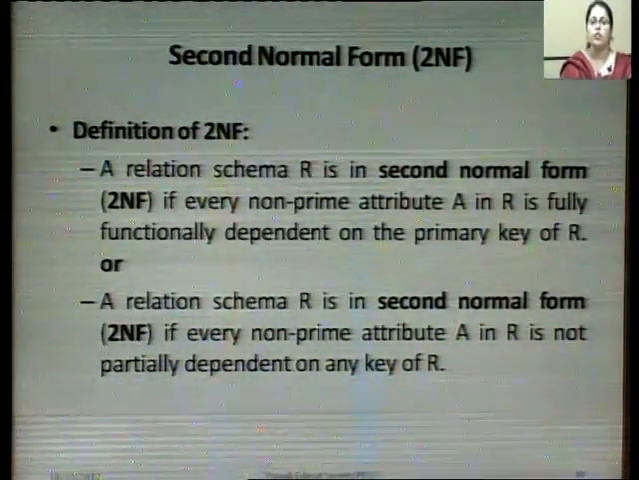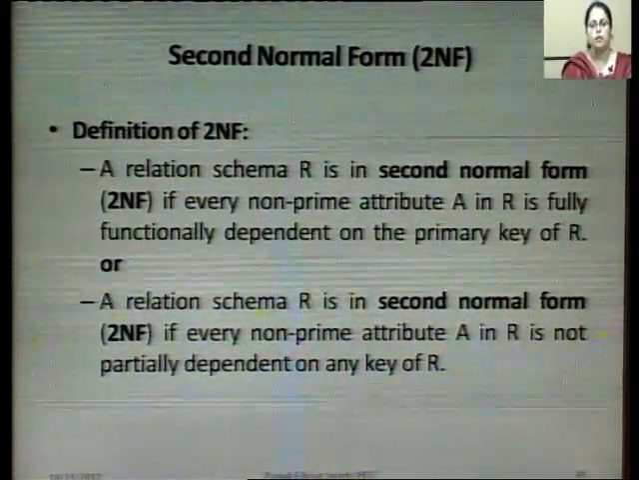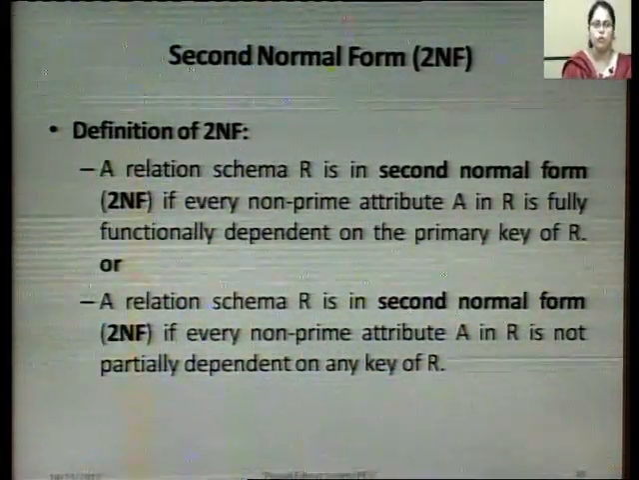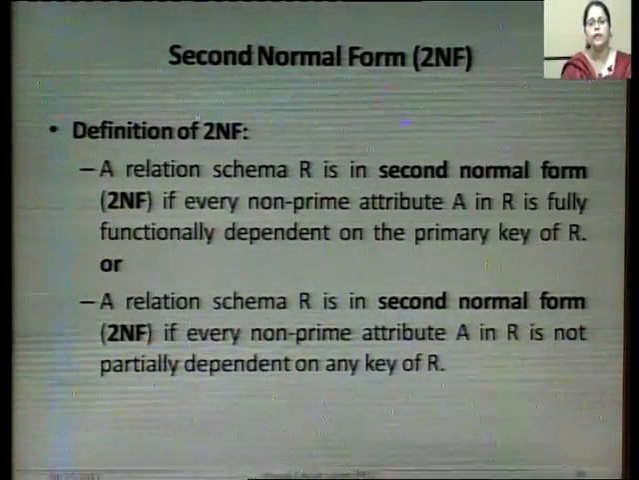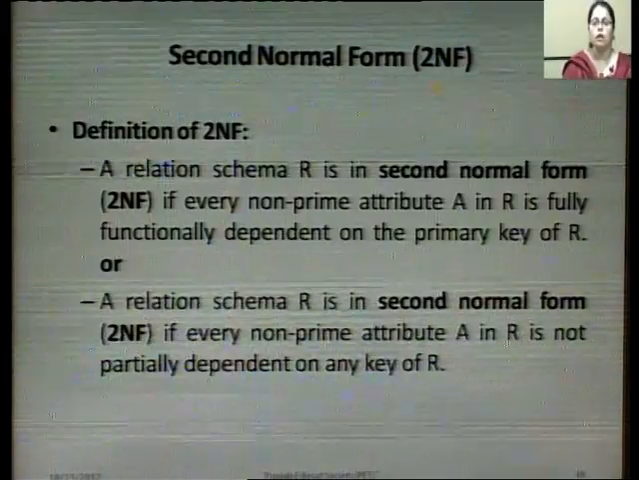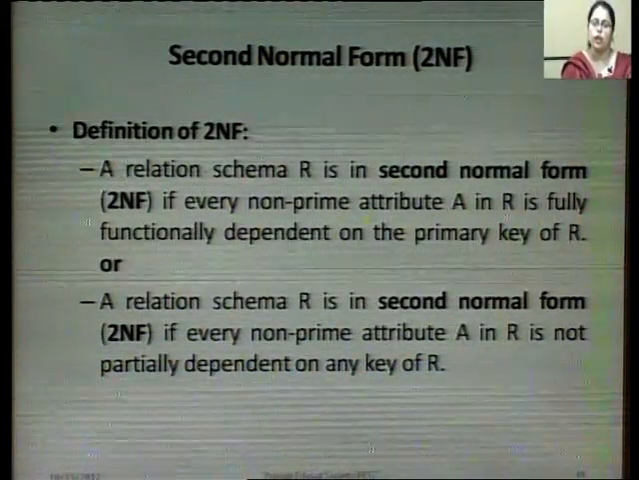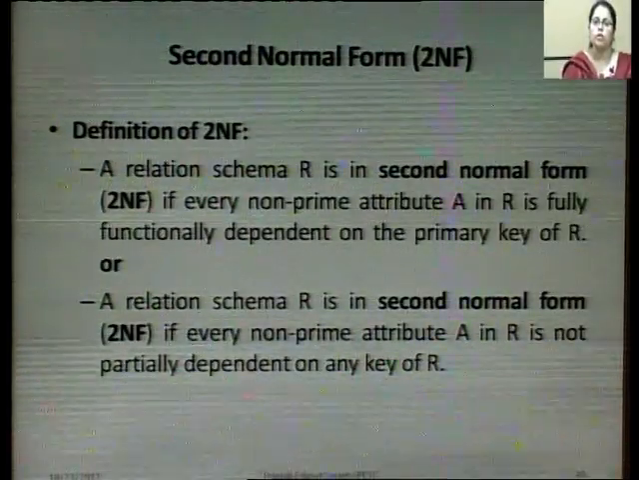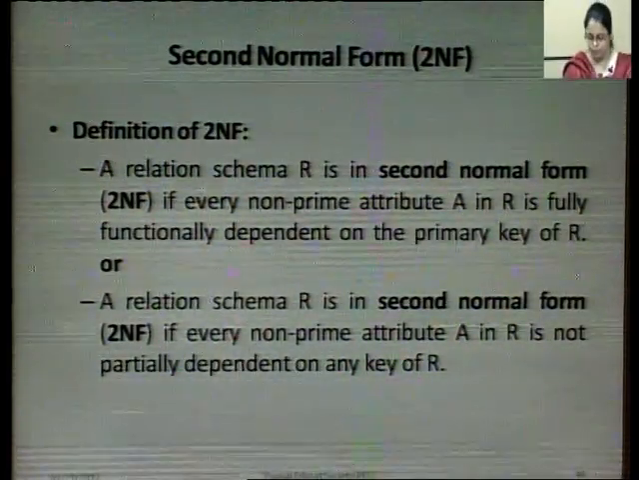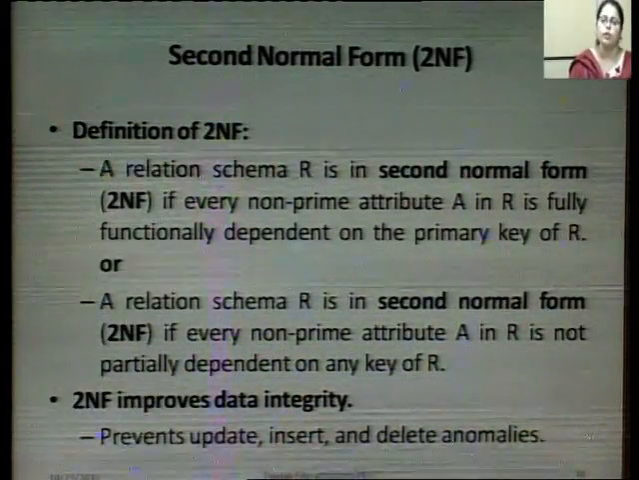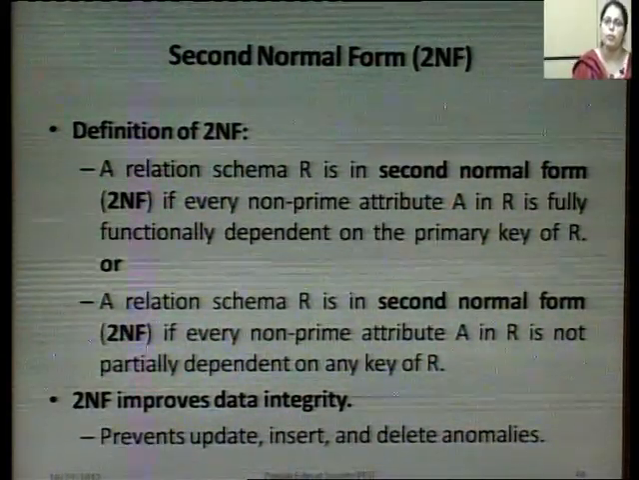So the definition of second normal form states that a relation schema will be in second normal form if it is in first normal form, first of all, and if every non-prime attribute, that is the attribute which doesn't belong to any candidate key or any key of the relation, is fully functionally dependent on the primary key of the relation. So this normal form improves the data integrity by preventing various